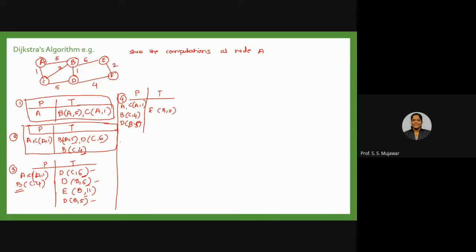Now I have done the entry for this D. So I need to check the directly connected nodes here, B, C, and F. So B is already done, C is already done, so I can write for this F. So to reach this F through D, तो उस केस में बाकी सब में फिर ऐसे अलग अलग ये लेने पड़ेंगे.